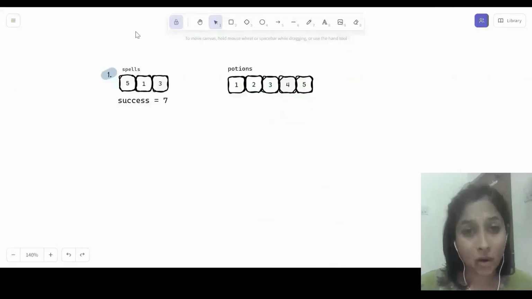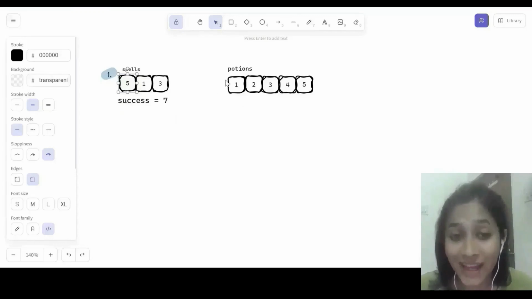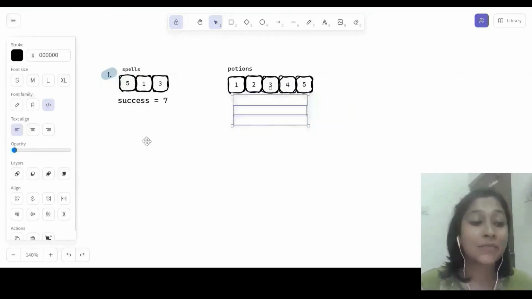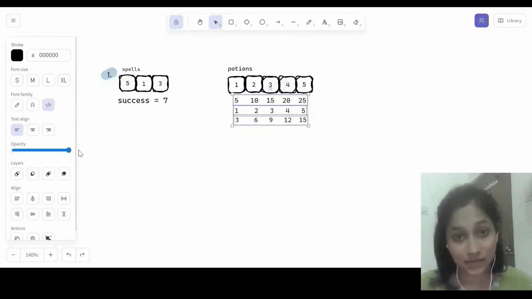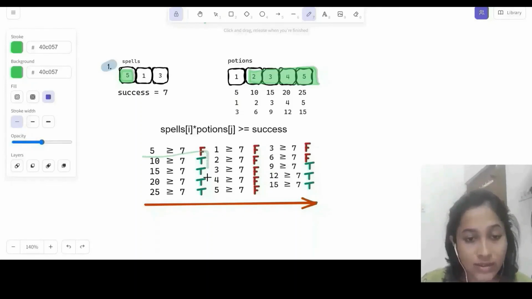The very first thought to solve this problem can be to check for each spell whether there exists a potion value whose resulting product can be considered successful. We observe that for spell 5, the potion values 2, 3, 4, 5 result in a successful strength.